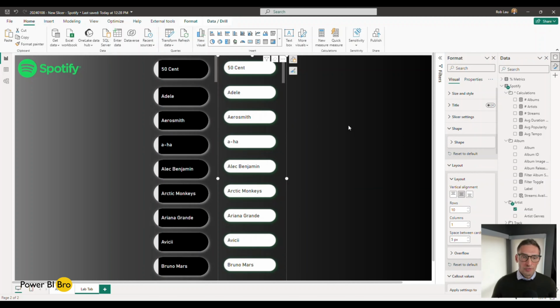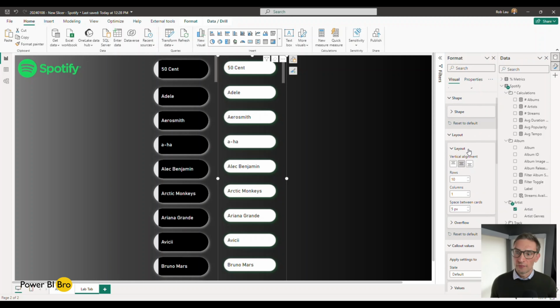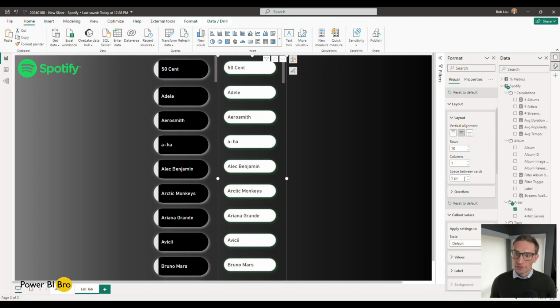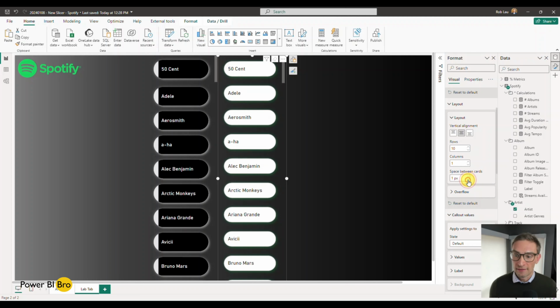All right, and what you're gonna notice is that there's a lot of space between these pills, so we need to adjust that. We wanna leverage all the canvas we have while still enabling things to look good. And so the way that we're gonna do that is, if we continue in the layout section, there's space between cards. Now this is a very important setting because it defaults to a way, especially when you enable glow and shadow, that it just takes up so much space. And so the way we can adjust that is by simply